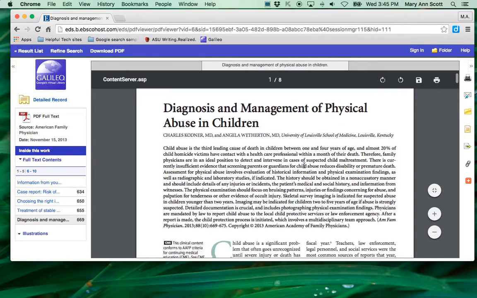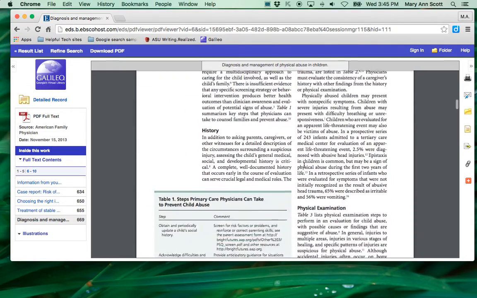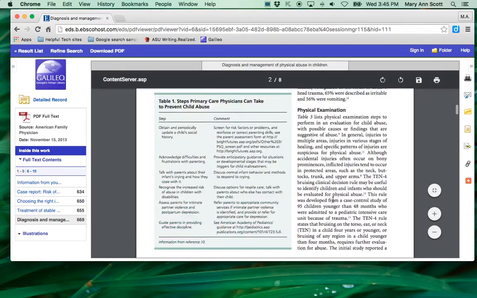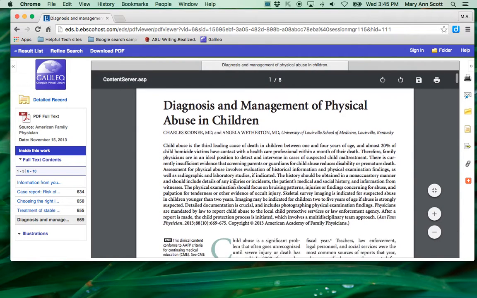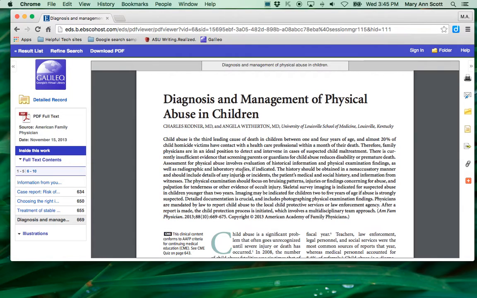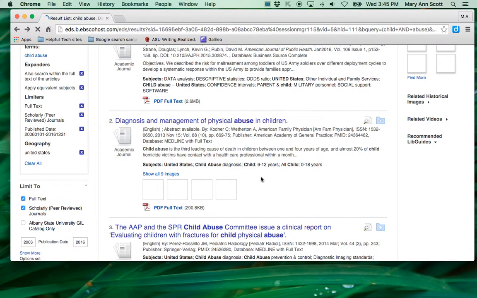So when I look at this, I can see the page numbers the same way they'll appear in the actual journal. So you can see this is 670. If you have HTML documents, they have no page numbers and they're not quite as easy to document simply because they're in HTML. And I like to stick to the source as close to its original as possible. Now I'm going to go back to where I was on that results page.